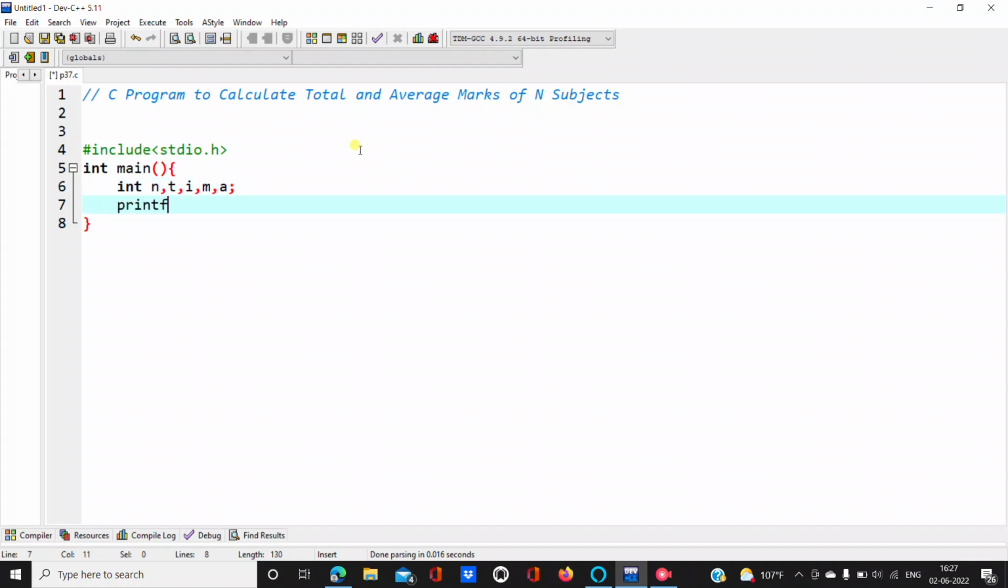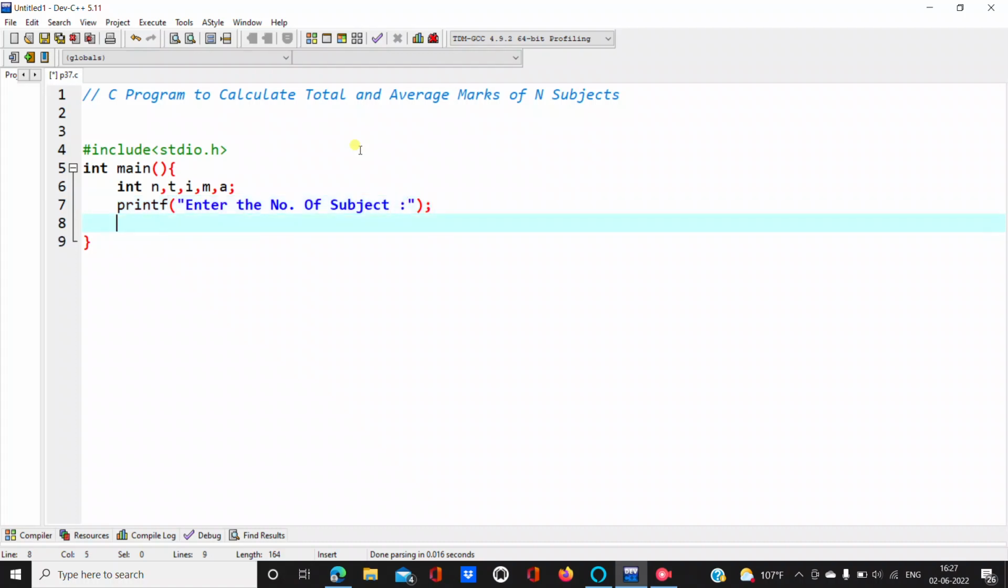So here we take printf("Enter the number of subject"); scanf("%d", &n);